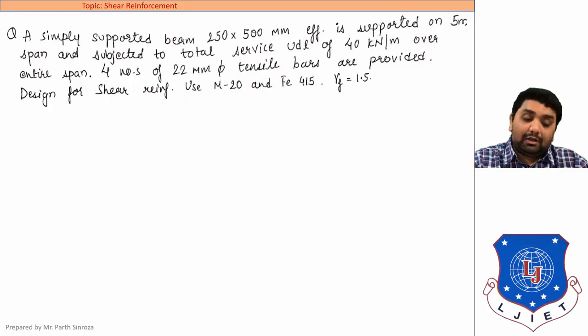B and D, the cross section, are being given in the question, as you can see, but the numerator portion, that is Vu, shear force, is not given in the question. So our first step will be to find shear force, then we can proceed to the remaining steps that we have seen. If again there is a doubt regarding the steps, pause this video, move back and revise the steps that we have discussed. Clear?